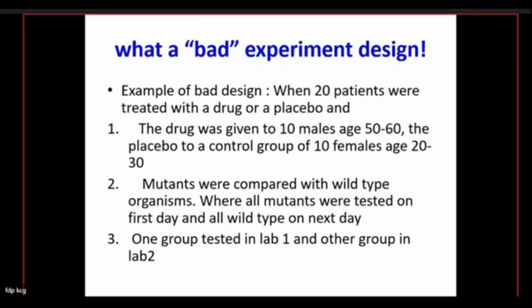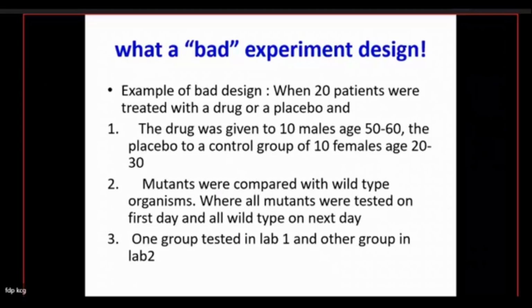The result should show what the change in the effect of the vaccine would be, whether given to a male or female, from India, America or Russia, because the physiological conditions, metabolic conditions, and the type of food we eat would be different. So a bad experiment is one where you are not taking care of all this,